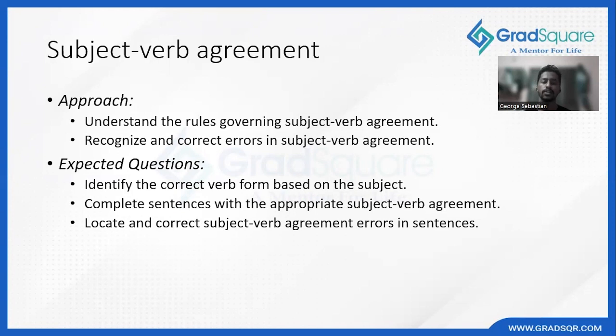So one of the major types of question that we can expect from subject verb agreement is fill in the blank. So if you have a clear understanding of how a sentence is formed according to the rules of subject verb agreement,